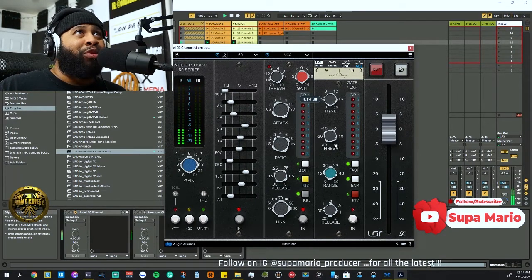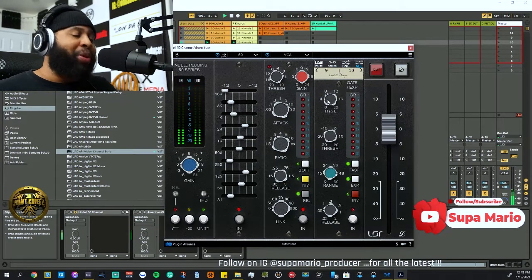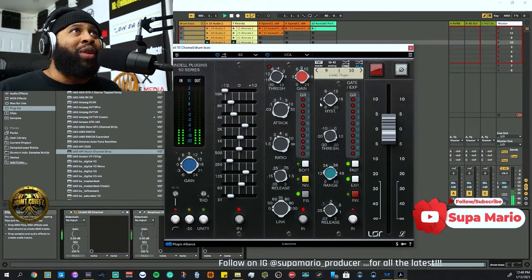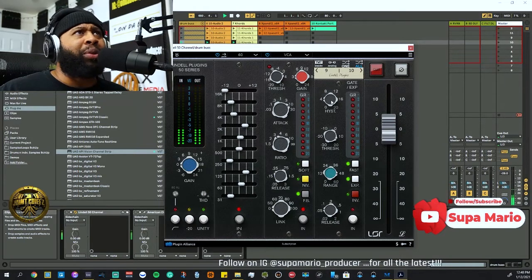Okay, but for me, I keep it at 0 because I want the full effect of the gating. But you can put it on this default setting at 4 and just let the gate do what it do. You don't necessarily have to use this, but if you're gating acoustic drums, like you hear in the back,